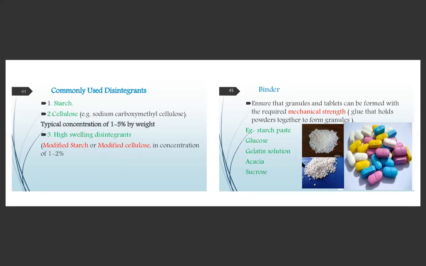Next excipient is binder. I hope it is clear for you what is filler and what is disintegrant. Filler is also called diluent, which will increase the volume. Disintegrant helps the tablet break into smaller fragments. Binder will help us bring the tablet into a shape or form. It will give mechanical strength to the tablet. Directly powders we can never punch. So when you add excipients such as binder, it will help us bind the particles together and bring it into a particular shape.